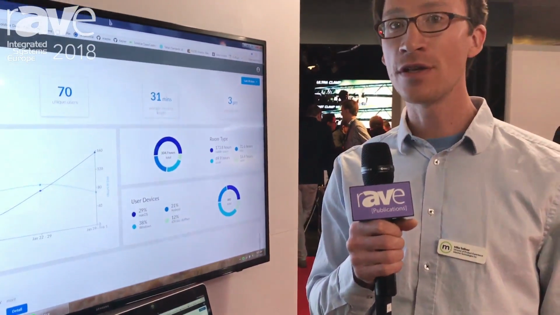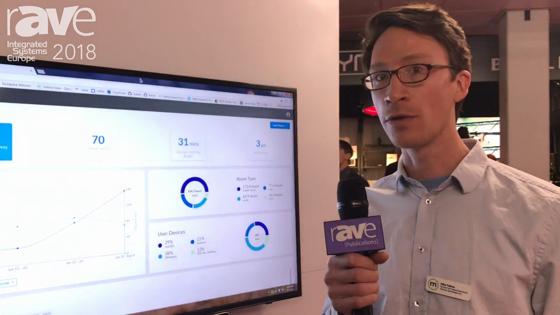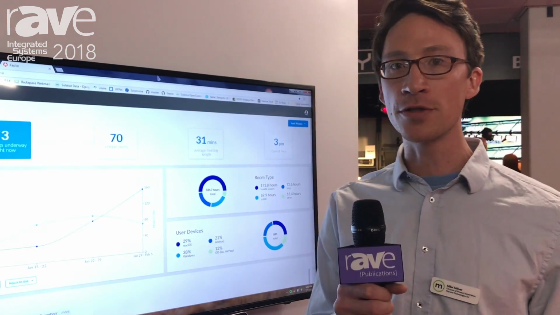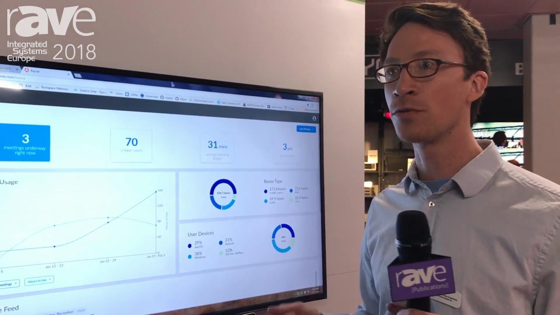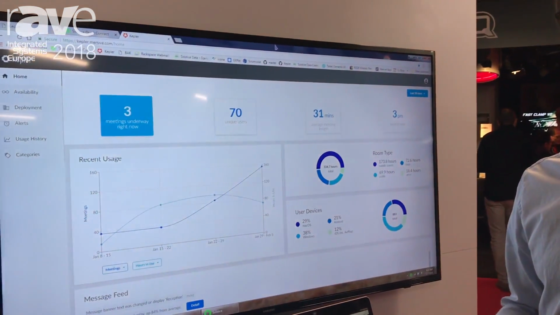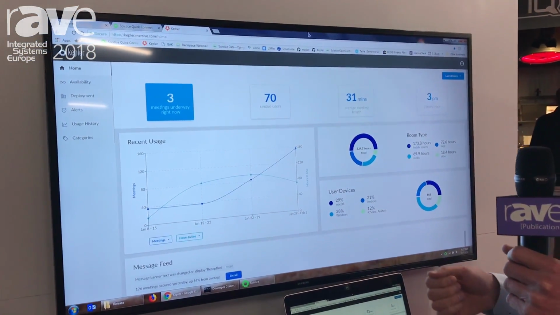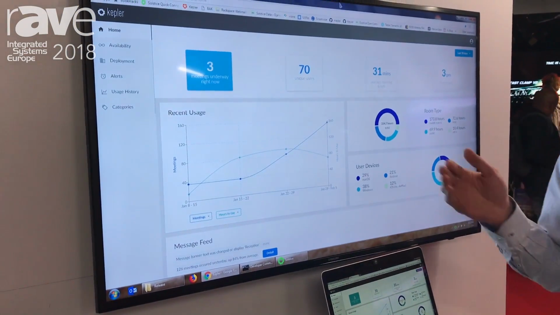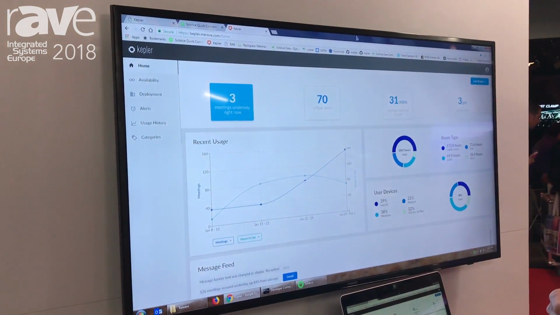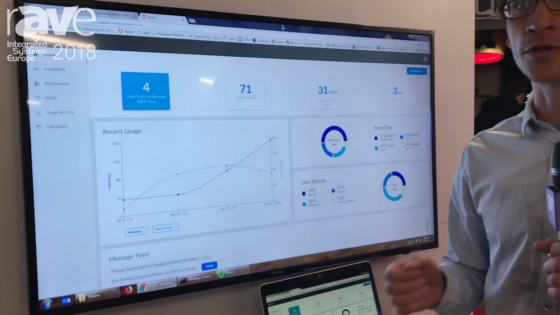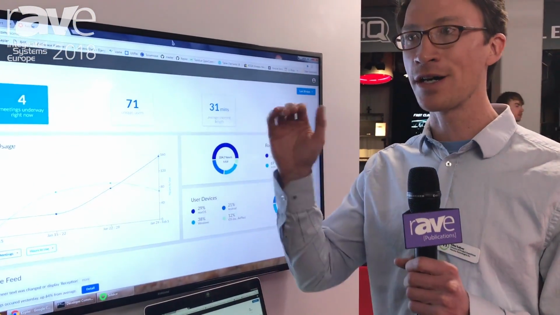I'm with Mersive Technologies, and at ISE 2018 we are announcing Kepler, which is a brand new web service offering that sits alongside Solstice and offers real-time analytics, real-time monitoring, and usage data, and availability status. So if you're an IT administration team, you can use this to help guarantee uptime for your entire deployment all at once, and I think the real value, the long-term value, will be in discovering the high-level view